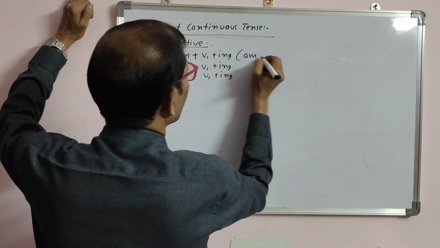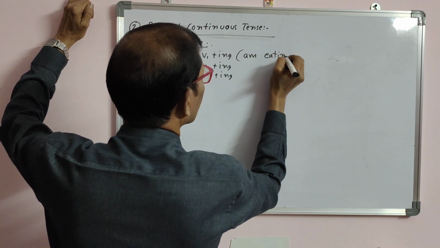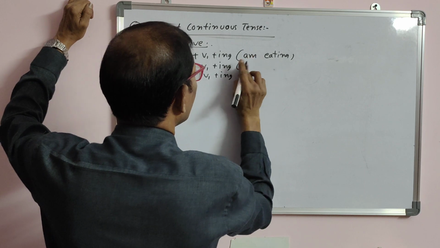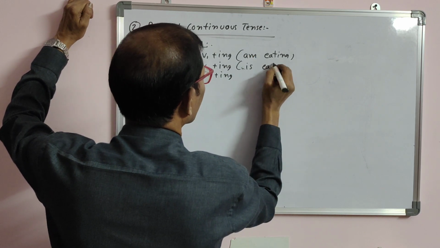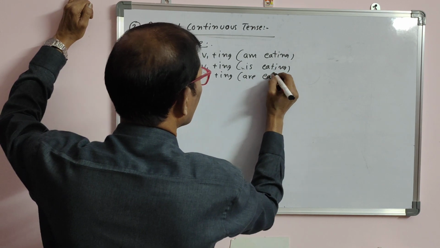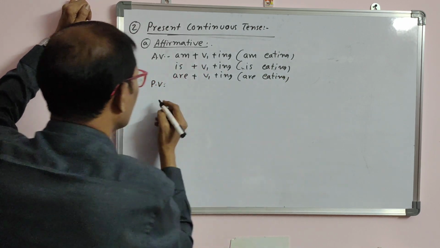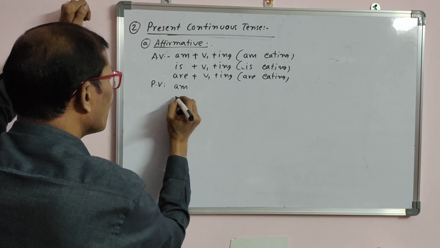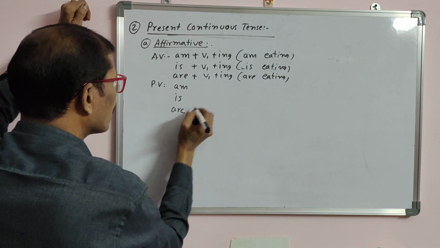Examples: am eating, is eating, are eating. Understand? Passive voice also begins with am, is, are, but